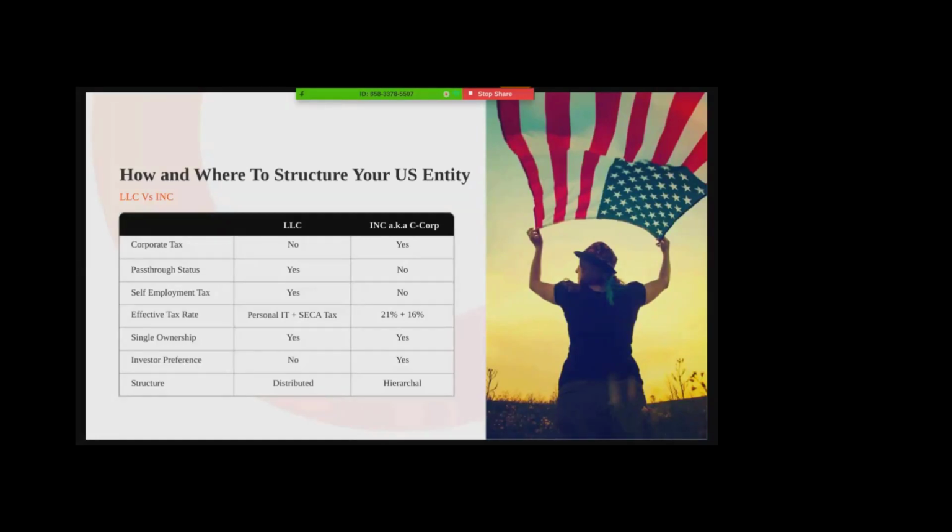As to the structuring of responsibilities in an LLC, every member will have a task. He will be a treasurer, a secretary, or a president. A task is assigned to each member, and it is all distributed among the members. Whereas an INC is ruled by shareholders who appoint a board of directors. The board appoints a CEO or a president, and the president appoints his vice president. So it's a hierarchical structure, which is very clearly defined. So these would be the main differences between an LLC and an INC.